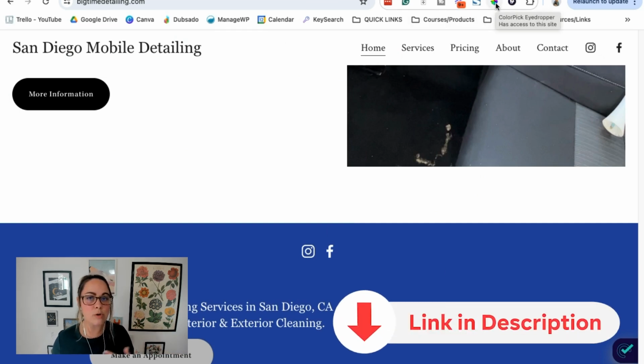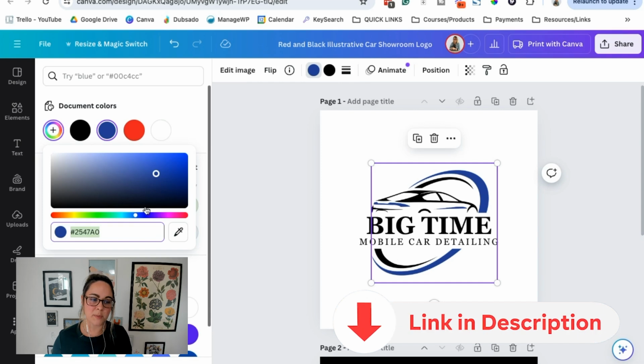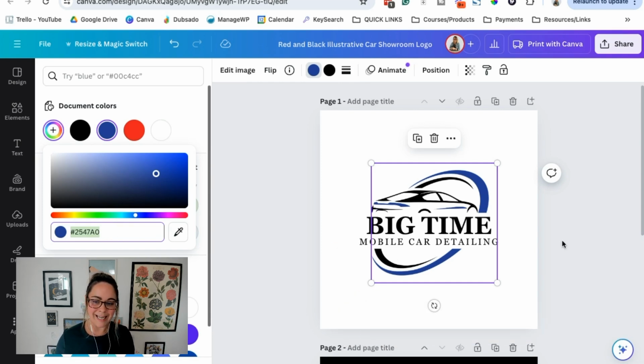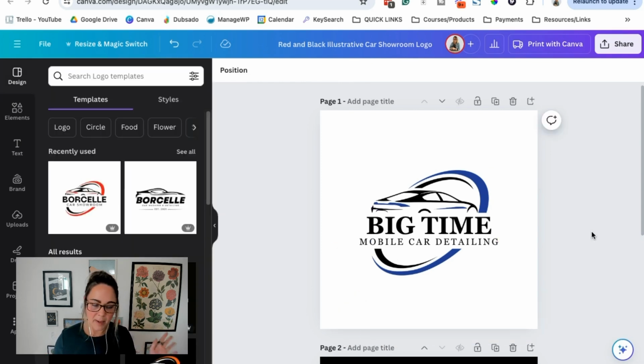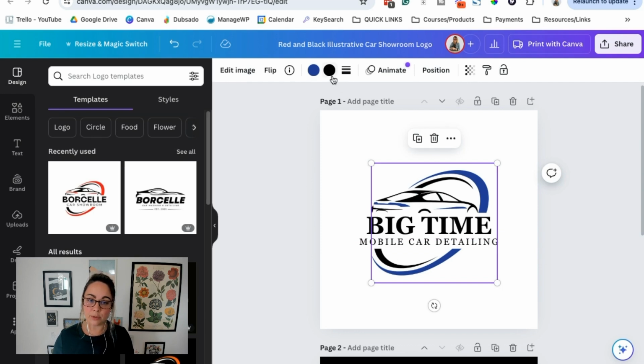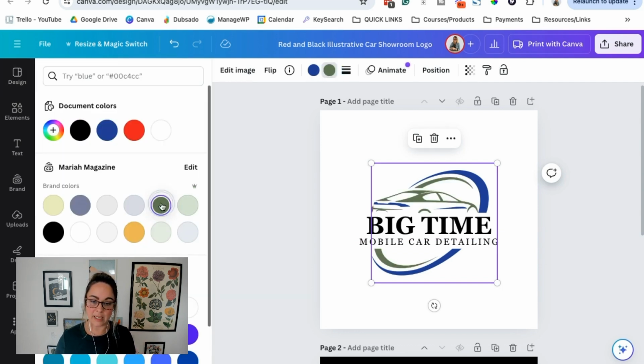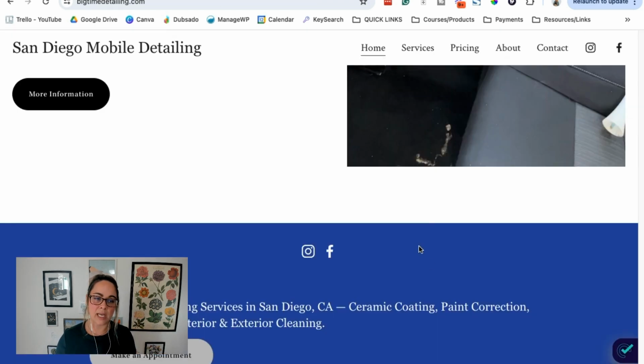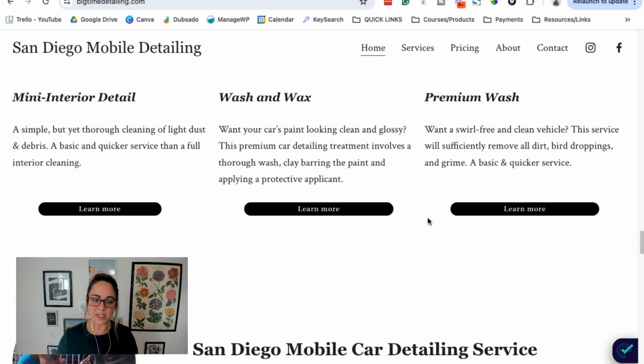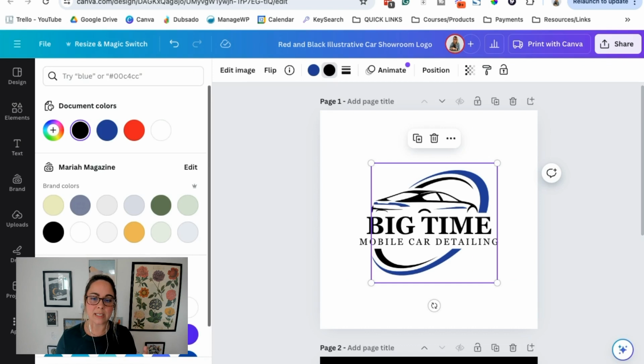I'll put the link to the Google Chrome extension in the video description box below, but I went and pasted it in, and look at that. Bingo, baby. So I could also mess around with the other colors on here. I kind of like it blue and black. It really matches my client's website here. He doesn't have too many colors, so we're just going to keep it